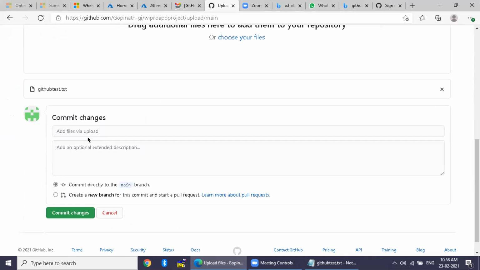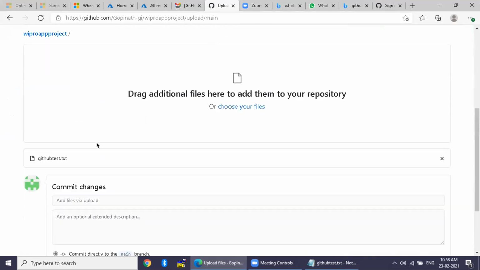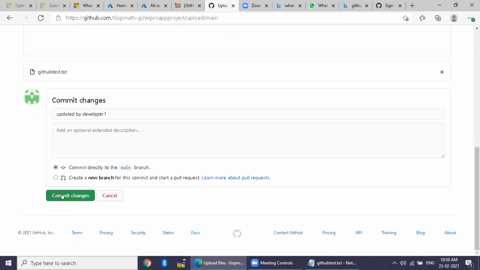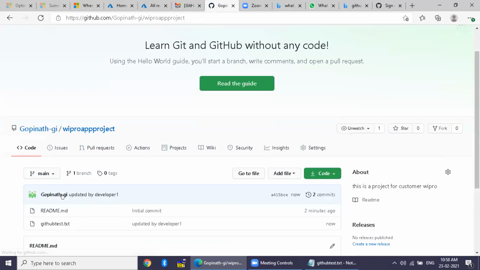In the commit changes, just below commit changes. Say commit. Commit means we also call it check-in. Just commit, right? Now your file is committed.